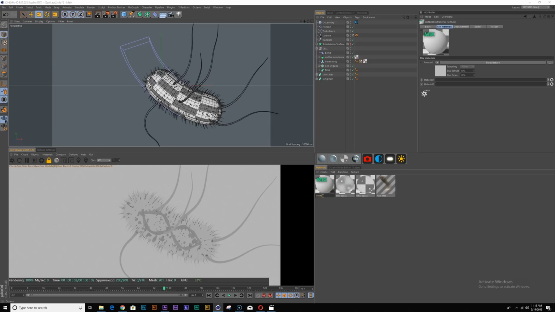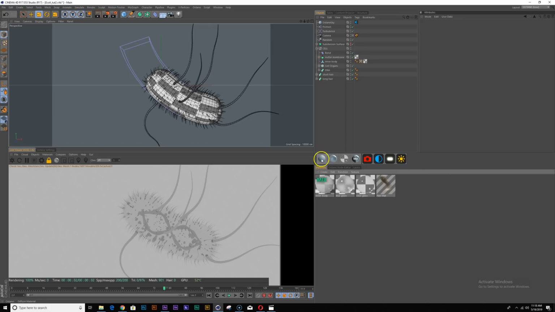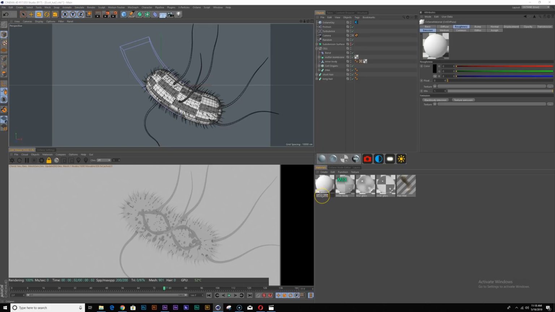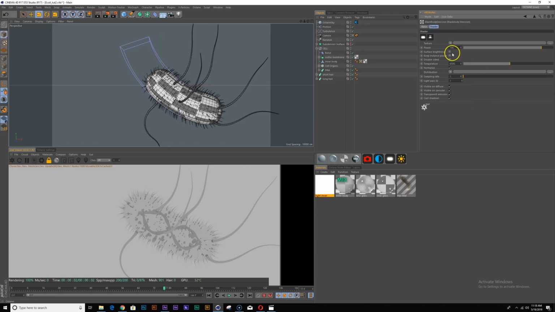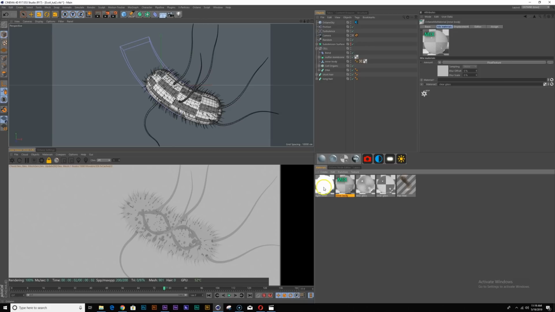Next, I'm going to create a mixed material. I'm going to call this my inner body, and I am going to apply the clear glass to it, and I'm going to create an illumination material, light inner, and under emissions for this material, add a black body emission. Check this, and for my mixed material, I'm going to throw that in.